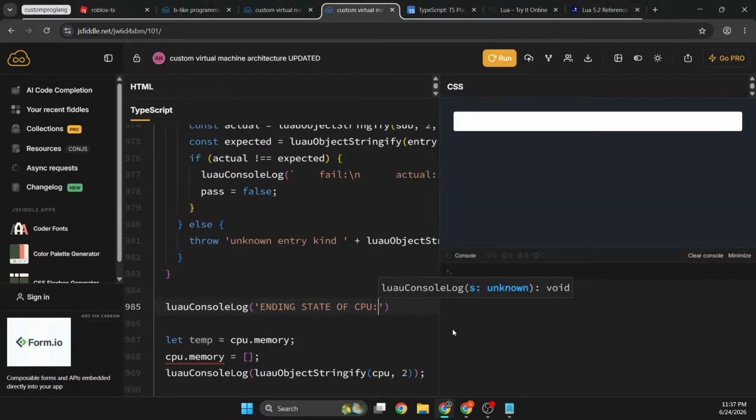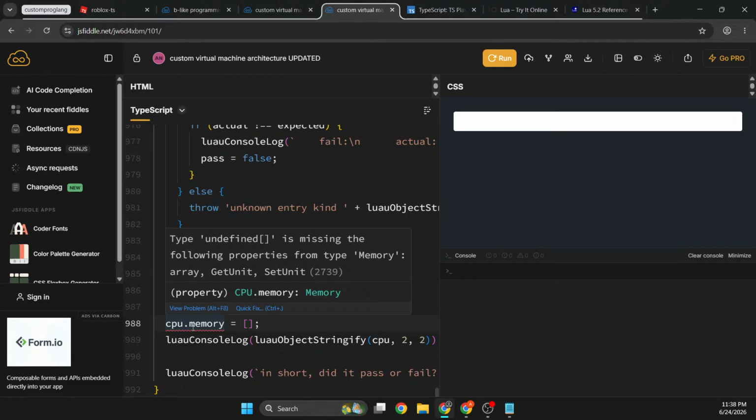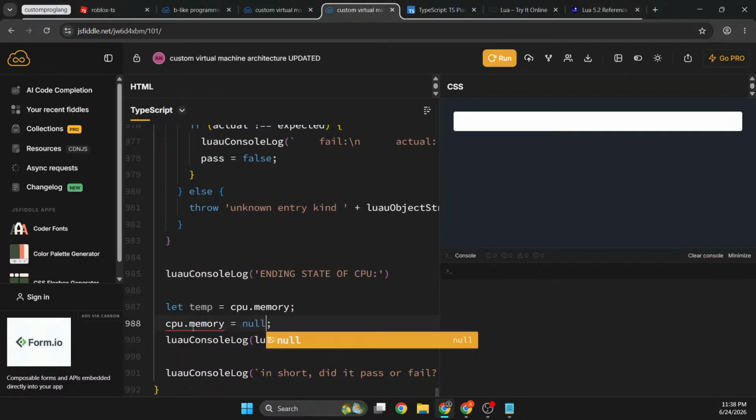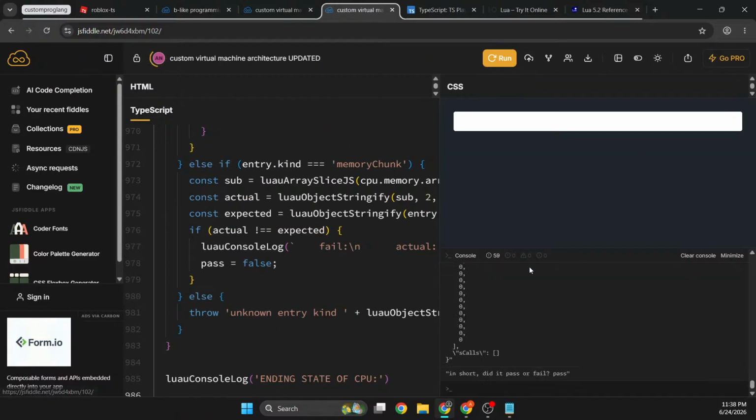Ending state of CPU. This starting and end should be two. CPU.memory is null, undefined. And after we stringify that, we can set CPU memory back to temporary, and then get on with our lives. So, I'll just open that. What is that? Oh, those are the ports. Registers, ports,